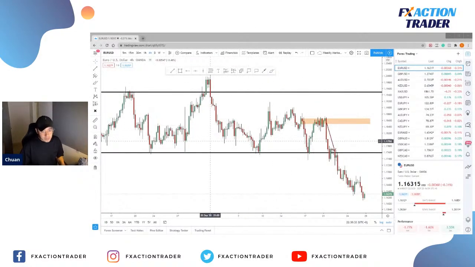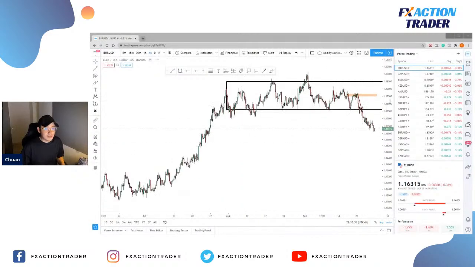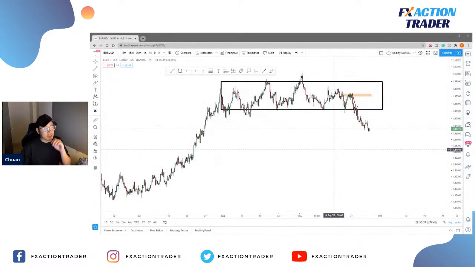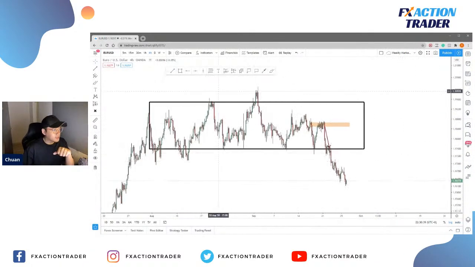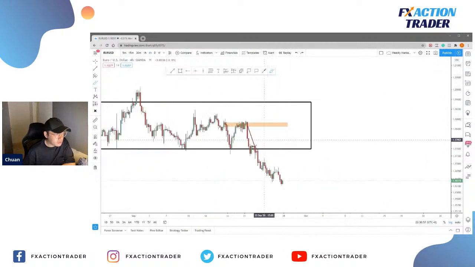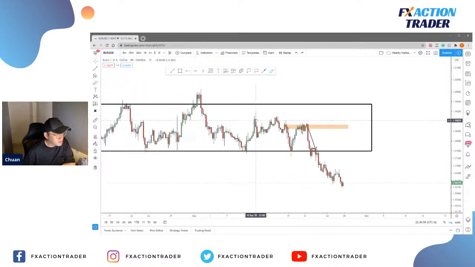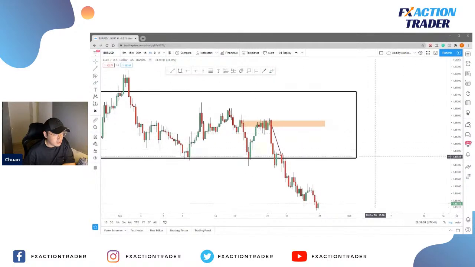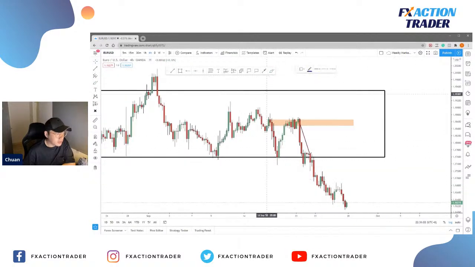For this euro dollar, last week the market was in a very obvious sideways condition because we can see that the market is traveling between these two levels. That's why I can draw a box here. And if we zoom to the nearest market structure, or the nearest market SNR, we can see that